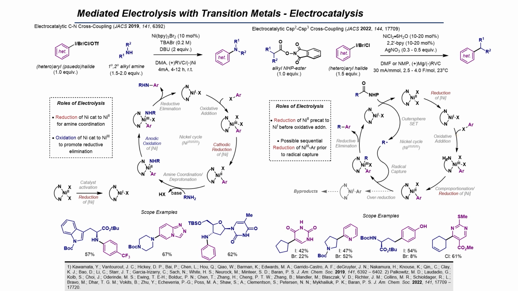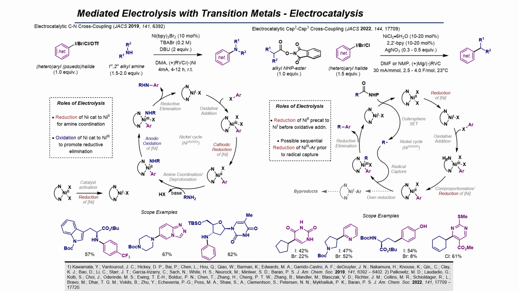This intermediate is reduced to a nickel-2 species either by comproportionation with the nickel-1 or by simple cathodic reduction. Now in the nickel-2 oxidation state, this complex is primed for a radical capture from the carbon-centered radical generated elsewhere in the cycle. Once captured, the resultant nickel-3 species undergoes reductive elimination to afford the product, as well as a nickel-1 species that can react with the redox active ester to form a new radical and a nickel-2 complex, which